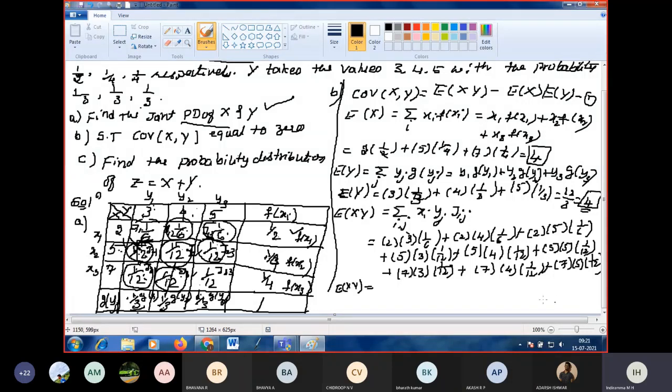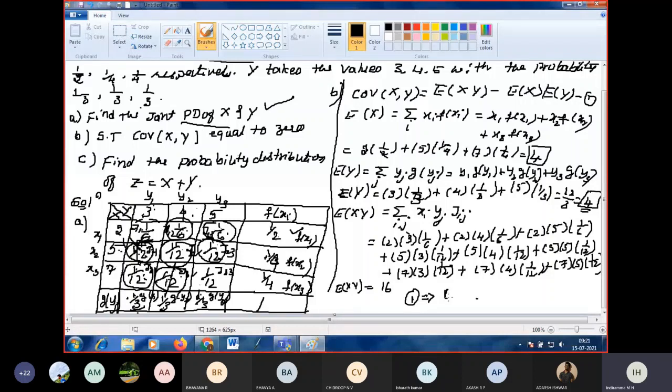What you got expectation of xy? 16, ma'am. If you simplify this, you will get 16. Now substitute all these values in equation 1. So equation 1 becomes